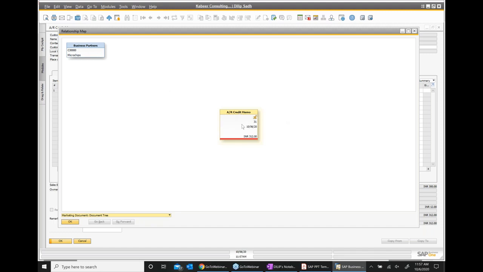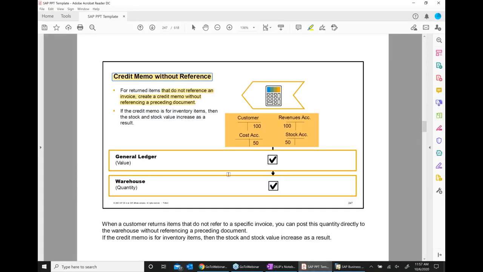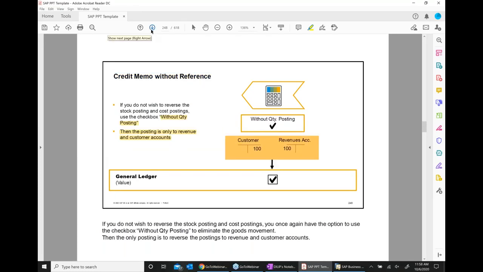So this is a standalone credit memo to this customer. We don't know which invoice it is. And that is where we say credit memo without a reference. Okay. You can do a credit memo without reference, without quantity posting, or with quantity posting. Both scenarios we can do.